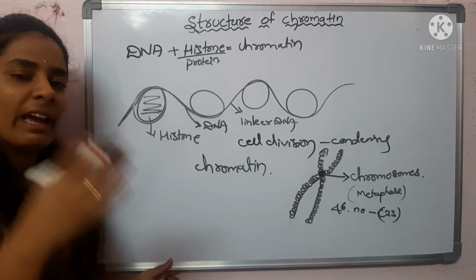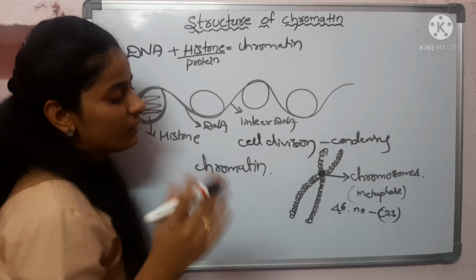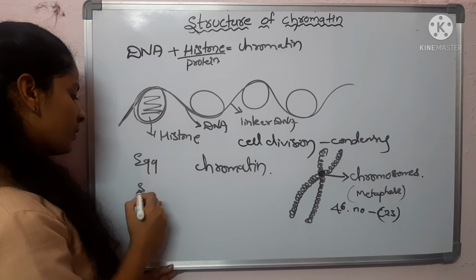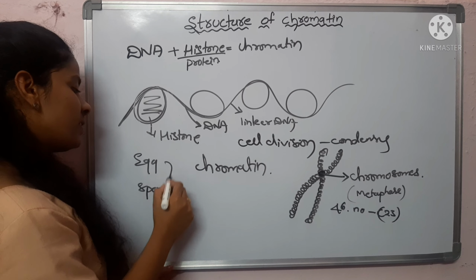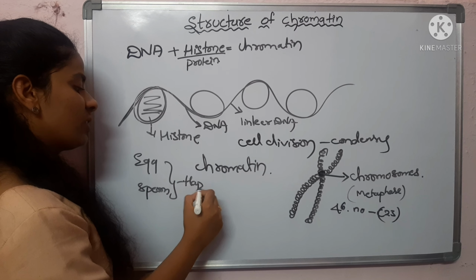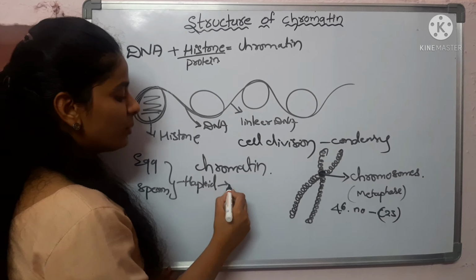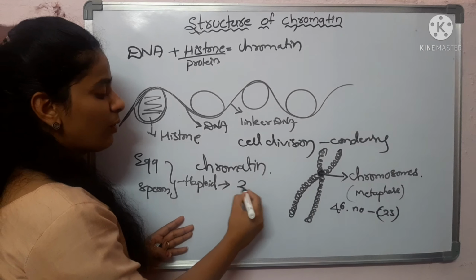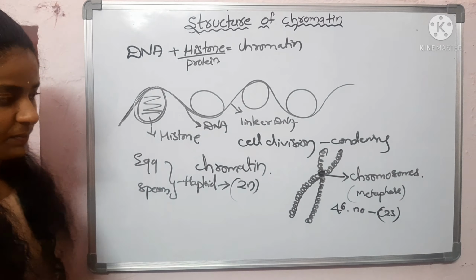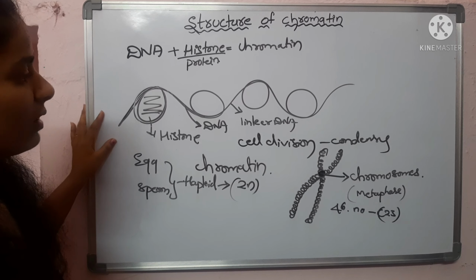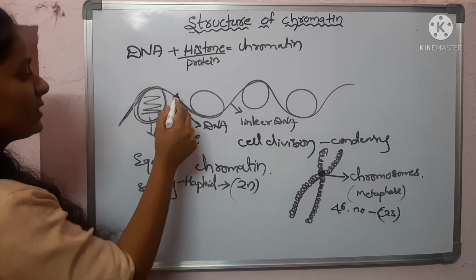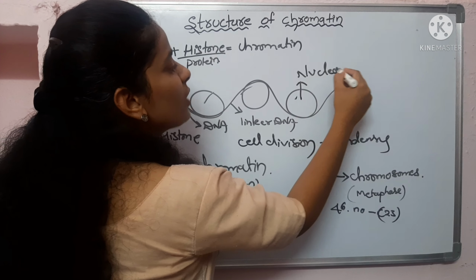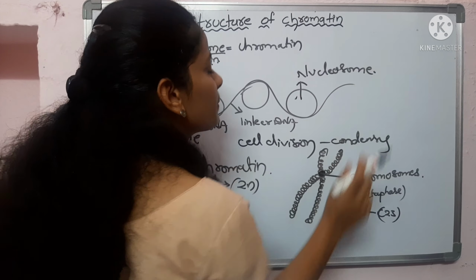So in the human body, every cell is diploid other than an egg cell and a sperm cell. So the egg cell and sperm cell occur in the haploid stage. So during the reproduction process, one chromosome from the mother and one from the father will combine together to form a diploid zygote. So this is about chromatin, and the individual structures are called nucleosomes. So I will also talk about this nucleosome here.